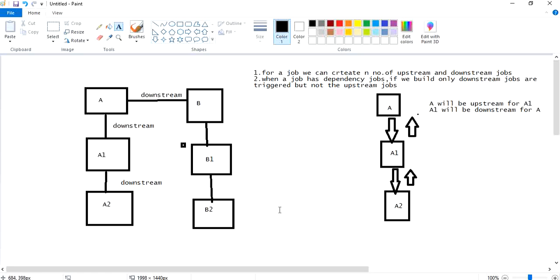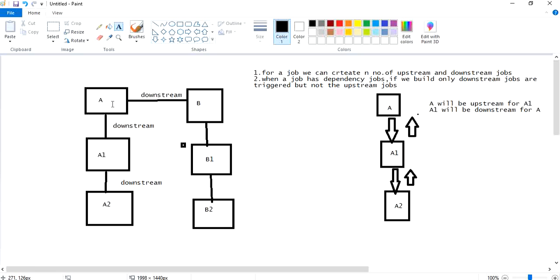Okay, instead of that, I went to B and chose post build actions, and I chose B1, B2 as downstream projects. Okay, that's the shortcut way.